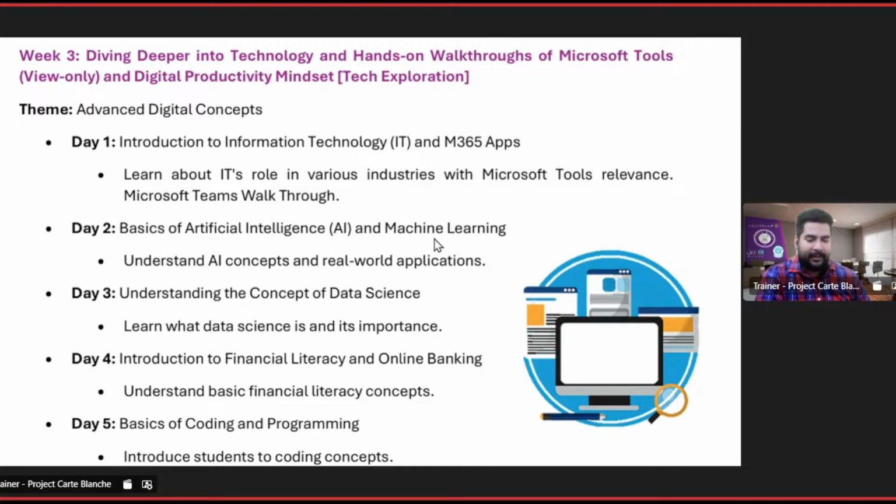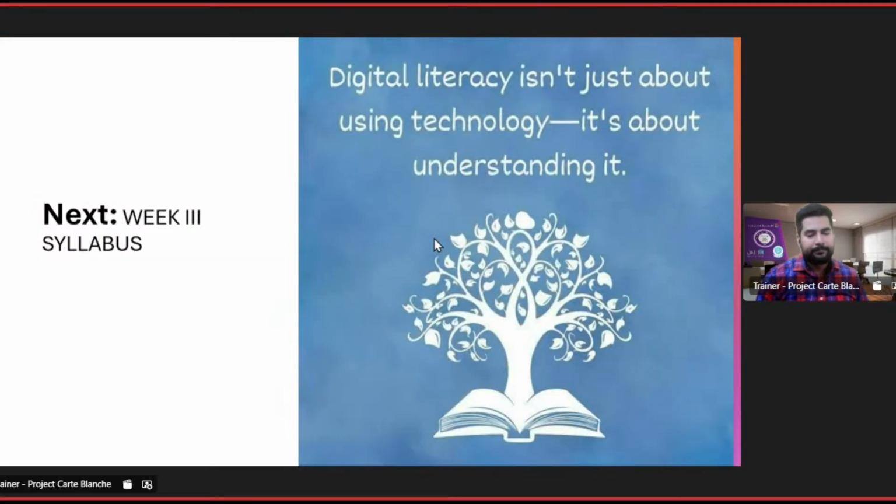So the next week's topics are about IT, artificial intelligence and machine learning, data science concepts, financial literacy, digital literacy, and coding and programming. All these are very trending topics, and they are very good topics for you to build your interest on, and you can develop your skills based on these topics. It will definitely attract a lot of interest for you, right?